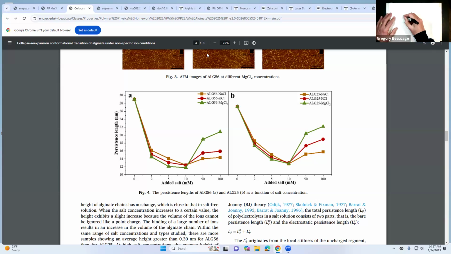You have the chain, and it's an anion, and first you're going to add in the cations, and they're going to screen, so you get this Debye screening length getting smaller around those charges. And finally, you reach the point where that U is 1, where there's a potential between the charges, like e squared over kT. The counterions are moving around with kT. Finally, they balance with the e squared, so the chain saturates with the cations, as many as it could possibly get. Right, and then at that point,